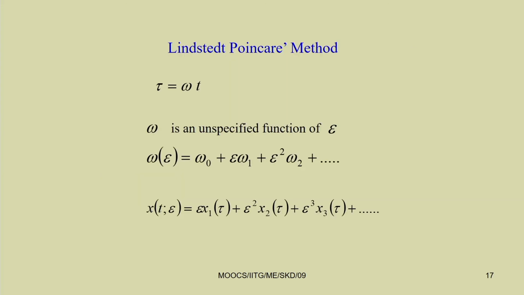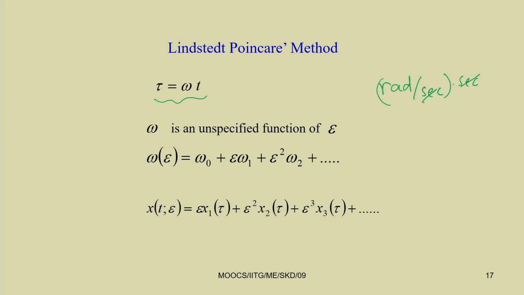So, one uses the Lindstedt-Poincare method. In this Lindstedt-Poincare method, the time is retained by using another non-dimensional time parameter, that is tau. So, tau is the non-dimensional time. You know this omega is in radian per second, and this time is in second. So, the unit of tau is radian, that is, non-dimensional.